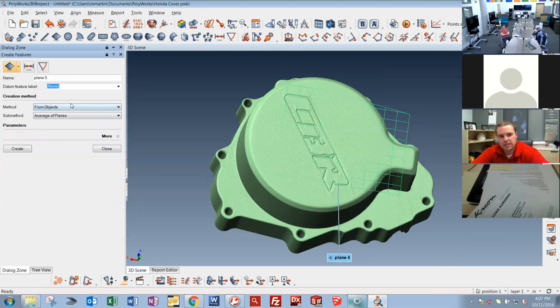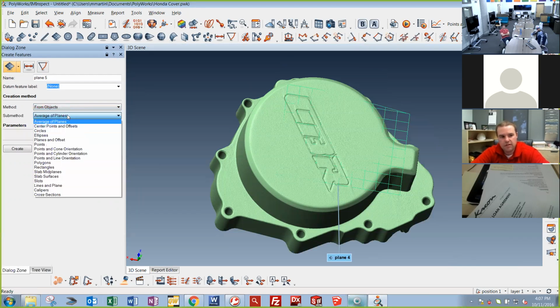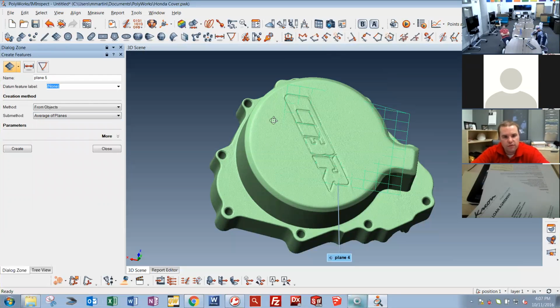And again, from objects is the other one, and that's going to be a sub method of how am I going to create that plane. Is it going to be from the center points of circles? Is it going to be from a point in a line orientation? So there's, I bet you, 20 to 30 ways per feature to get them created. So if you say from objects,